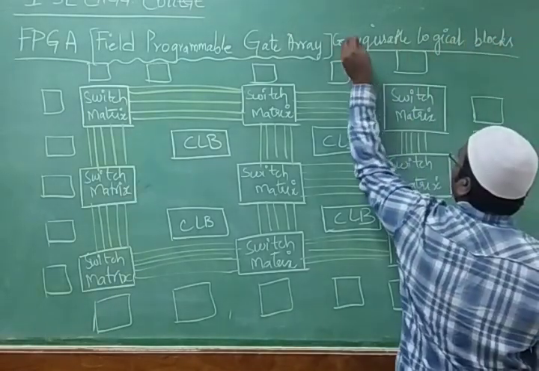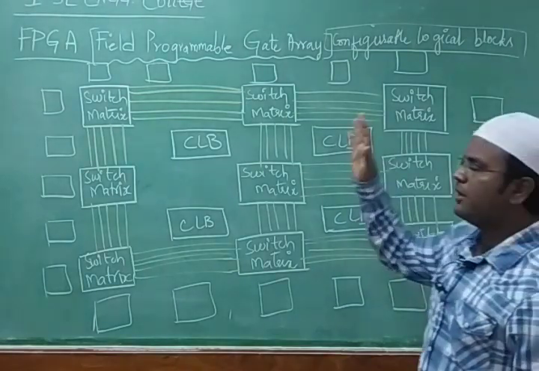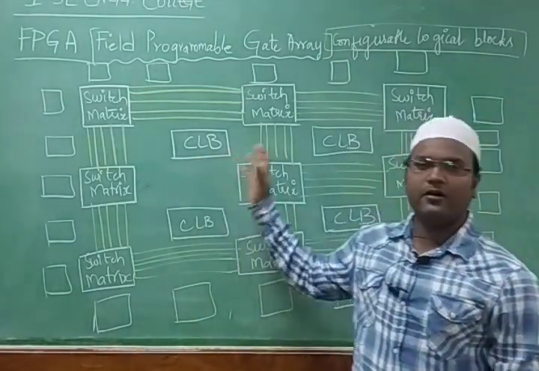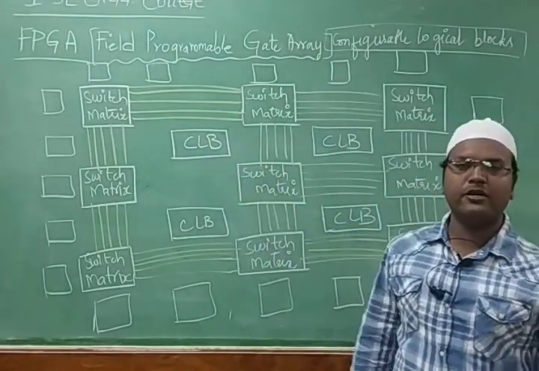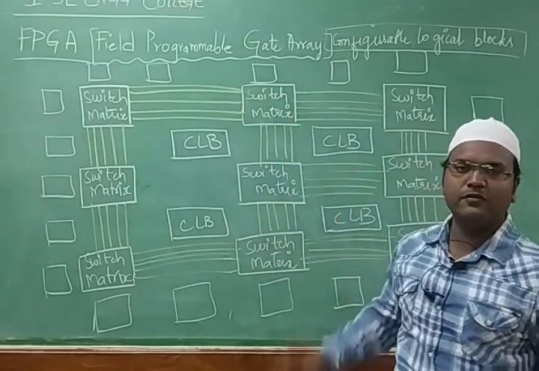Okay, in short we'll write it as CLBs. So what is the use of these configurable logical blocks? They are going to configure and provide the gate arrays. What gate arrays you're going to get, the configurations, can be done by using these 4 types of